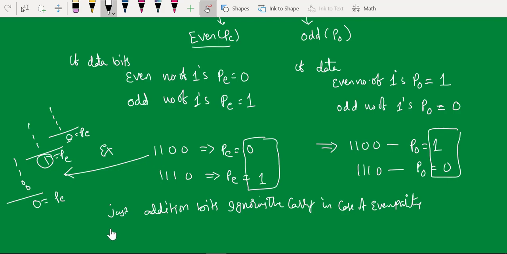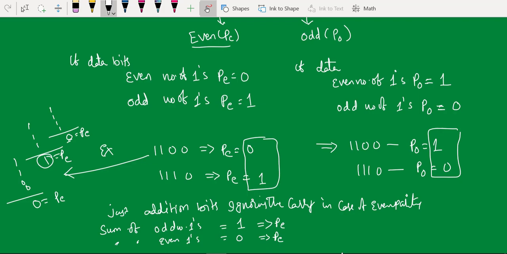That means the sum of an odd number of ones always produces a 1, which is the even parity bit. Similarly, the sum of an even number of ones always produces 0, which is again the even parity bit.